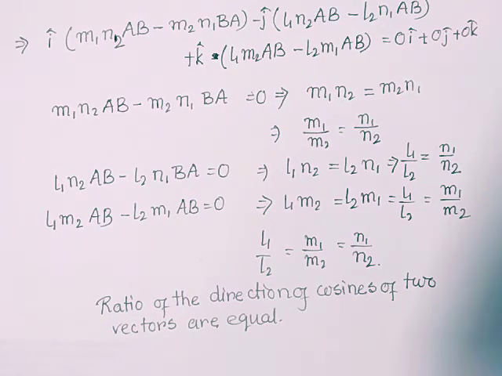So we have learned some things about the direction cosines. What direction cosines basically tell us is the angle. What is the relation between the direction cosines, that is cos square alpha plus cos square beta plus cos square gamma equal to 1, or L square plus M square plus N square equal to 1. How we can represent a vector in terms of direction cosines, and what will be the relations between the direction cosines if the two vectors are perpendicular and if the two vectors are parallel.